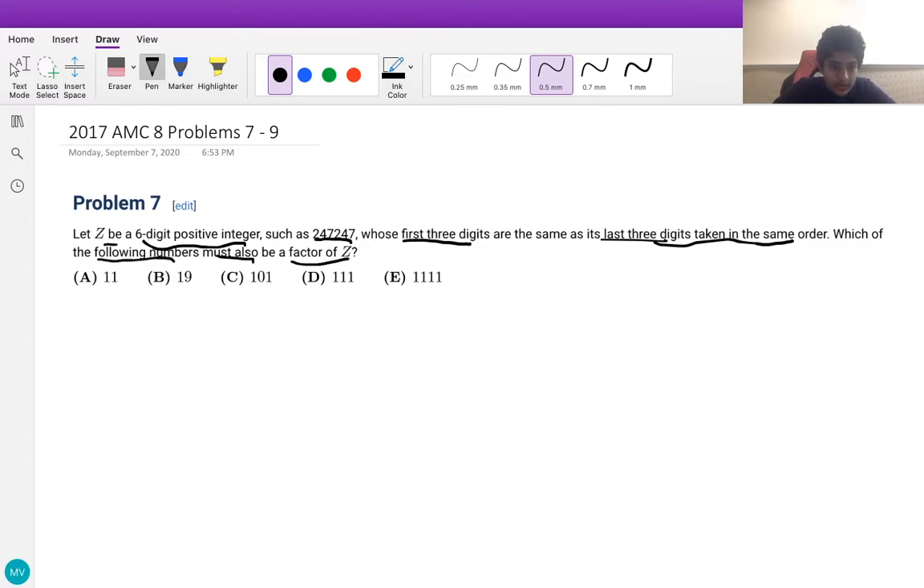Now, we know that the number z is of the form a, b, c, a, b, c, where a, b, and c are digits, and everything here is just one number. So, writing this in base 10 notation, we have that this number is actually going to be equal to a times 100,000